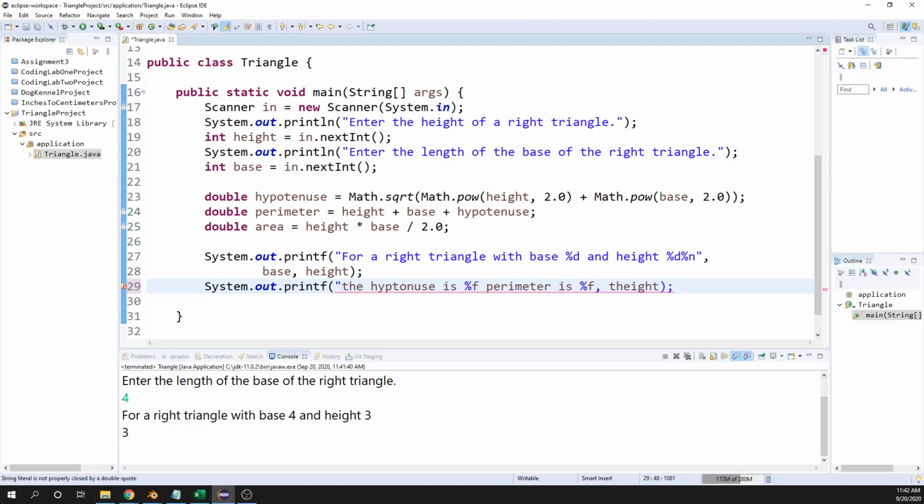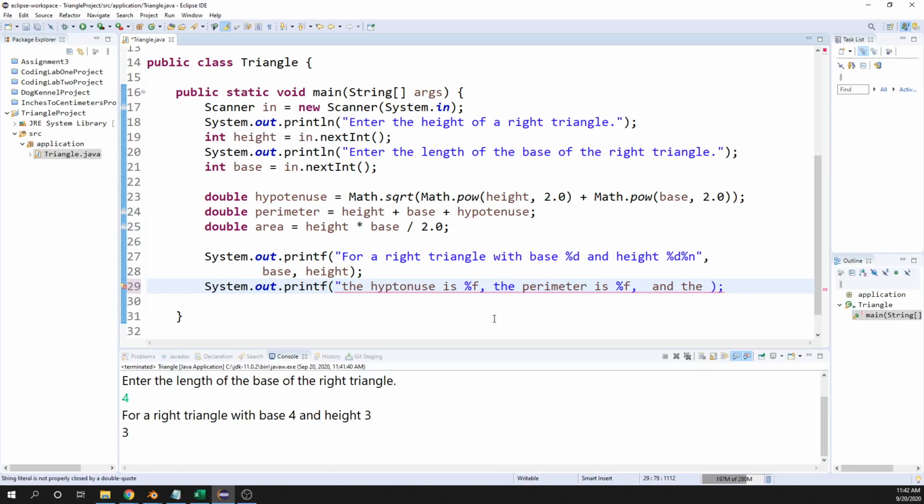All right, and the hypotenuse is type double, right? So the placeholder when you're using printf should be %f. So the hypotenuse is blank, comma, the perimeter is blank,